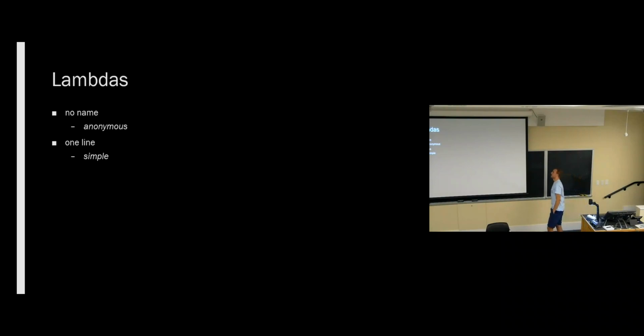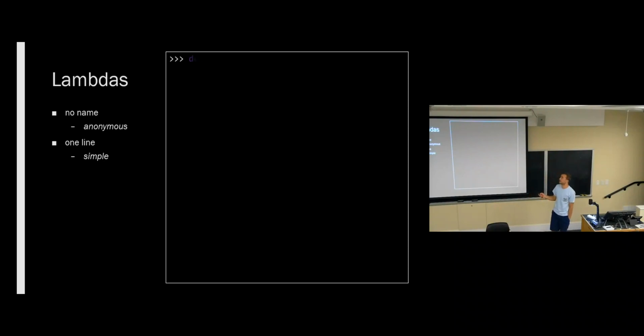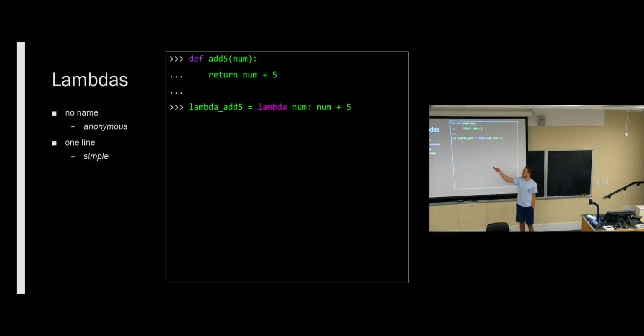Okay, and so there's one other way to write functions in Python that I want to talk about, and that's lambdas. Now, lambda is nice and simple. Here we have an add5 function, and it just returns the number plus 5. We could have written that like this, with this lambda function. And what you do is you just say lambda, and then the name of the argument you want to take, and then you write the expressions that you want to be the result of the function. So this doesn't work for things that are multiple lines. You can't write a multiple line lambda. But if you write a function that just has one line and returns the result of that line, then it's likely you could have written it as a lambda. Not that you should, but you could have.